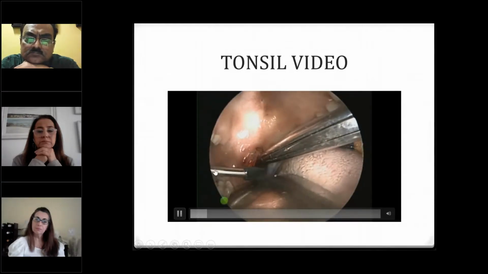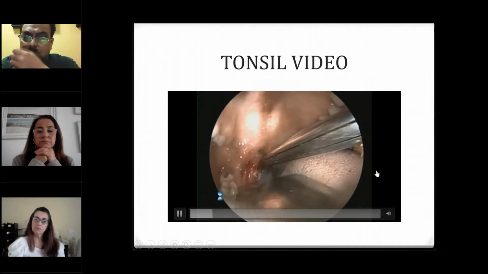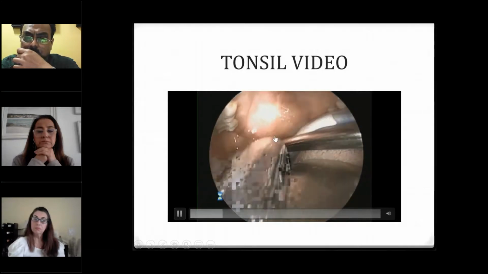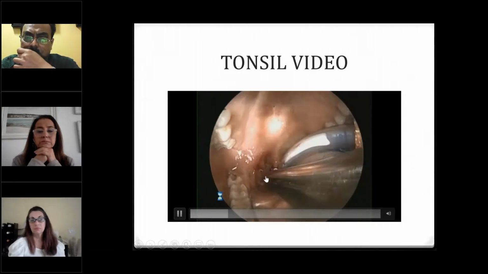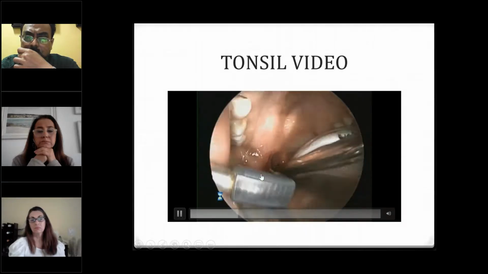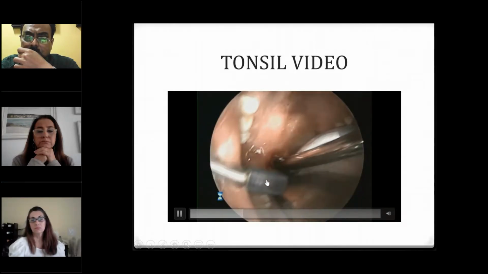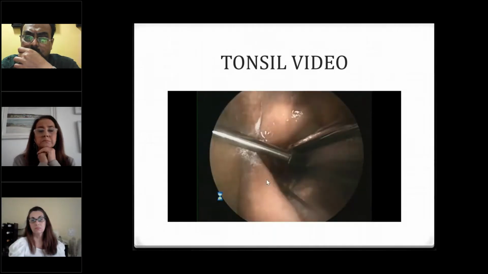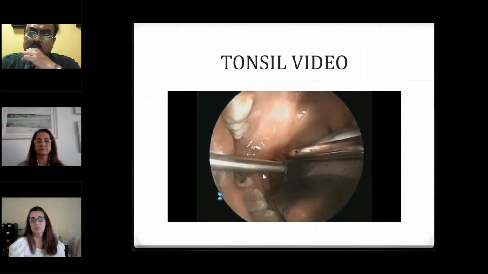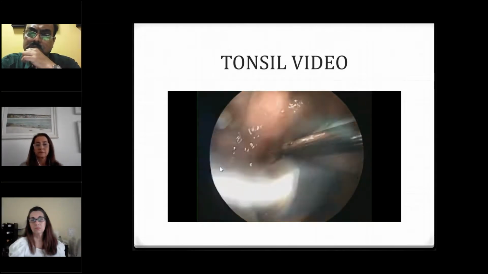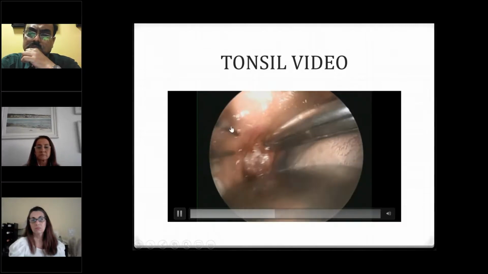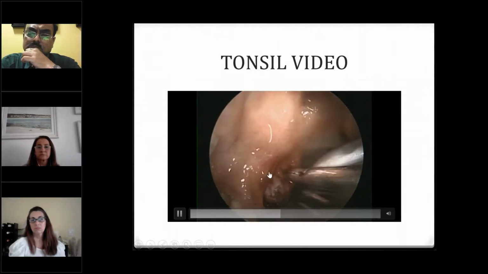That's the probe which is used. The tonsil is held with a Luc's forceps or a tonsil holding forceps. That's suction, and there we are giving radio frequency energy. You can see one of the points of energy delivered, because there is a grayish slough present. The tonsil is receiving energy. That's one of the points where the energy was delivered with this probe inserted into the tonsil. You can see it clearly here.